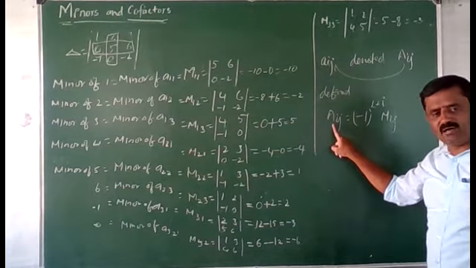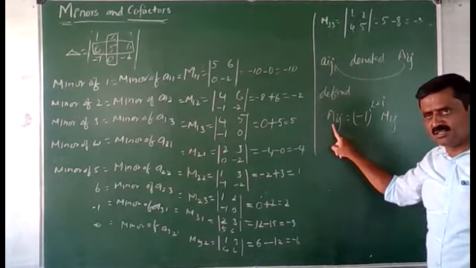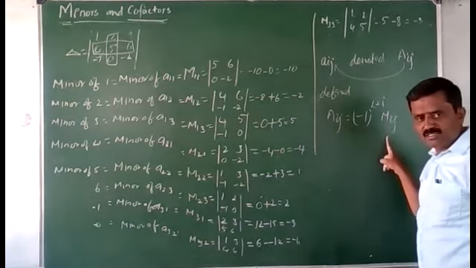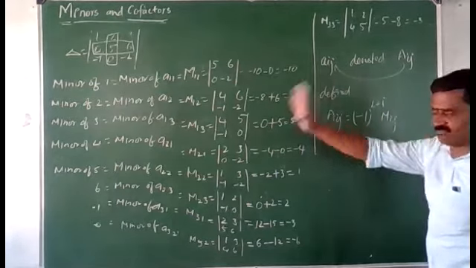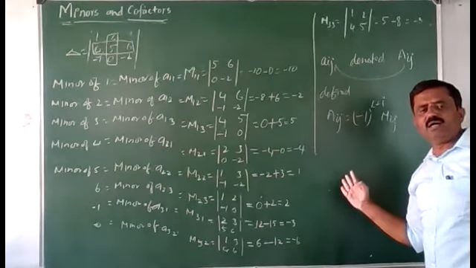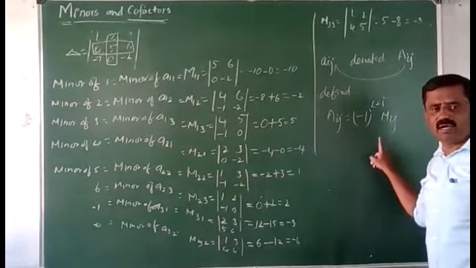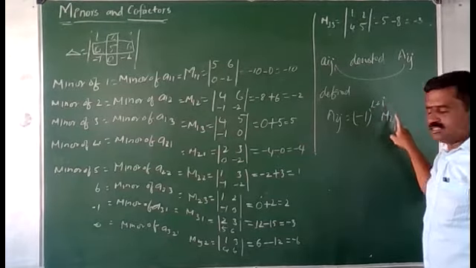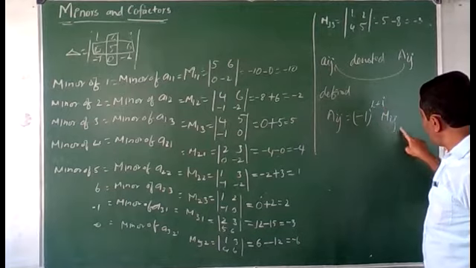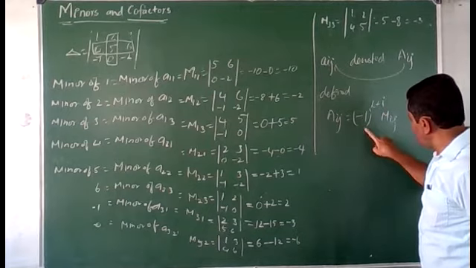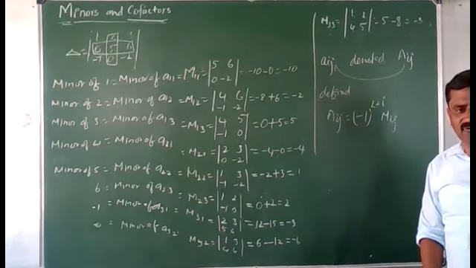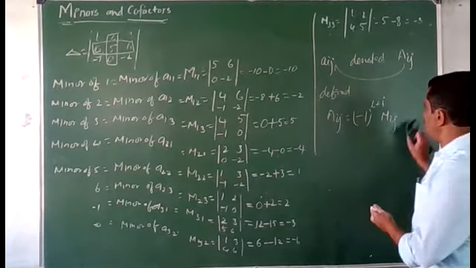Cofactor of an element. Okay, to find the cofactors, we will find the minor and multiply by the appropriate sign, that is minus 1 whole to the power of i plus j. So multiply the minor of an element by the appropriate sign, and we will get the cofactor of an element. For example,